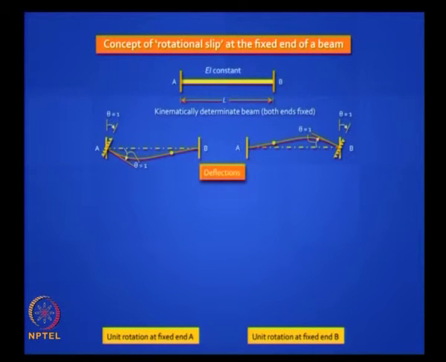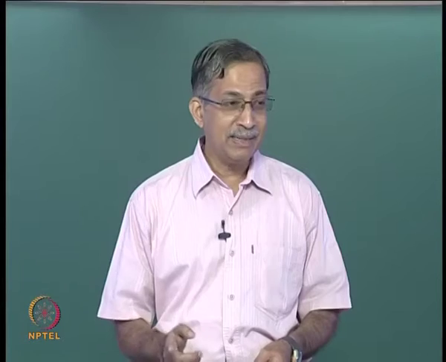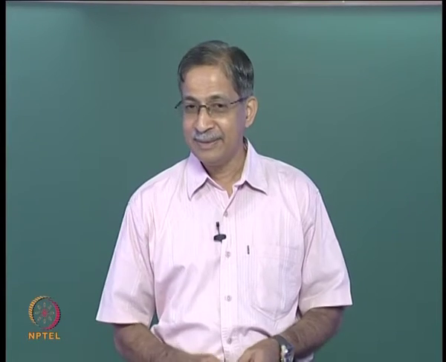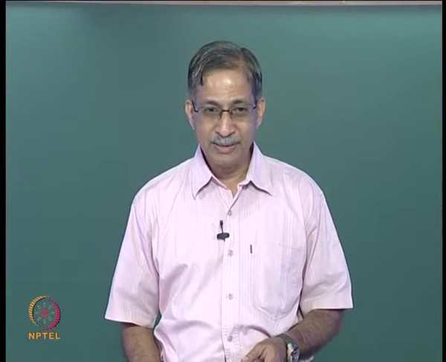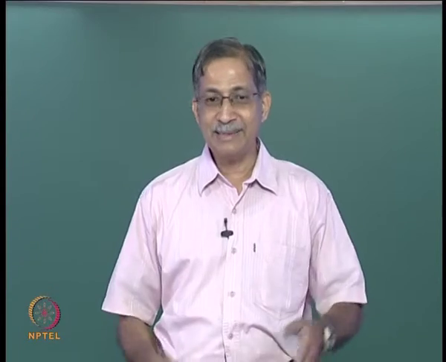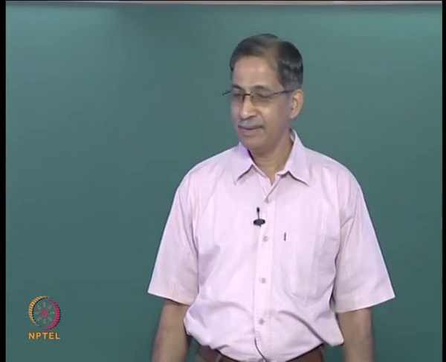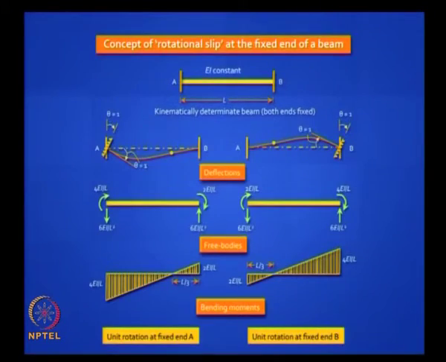And what will be the bending moments you get at A in the first case? What do you think you will get a moment here? What is MA, MAB if you wish? Oh, no, no, no. It's fixed, so 4 EI by L, does it not remind you of the previous figure? So you should realize that you get the same shapes we drew earlier. You get 4 EI by L at one side, 2 EI by L at the other side, and you get a shear force which is 6 EI by L squared.